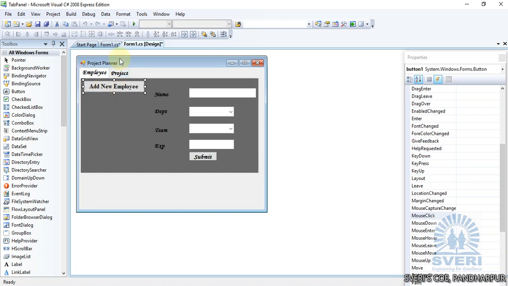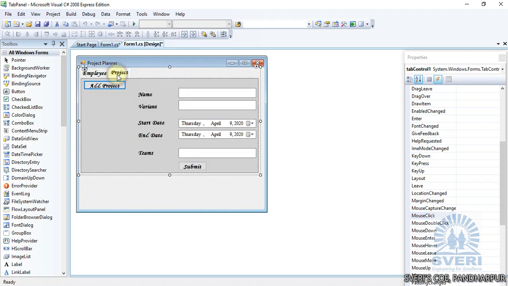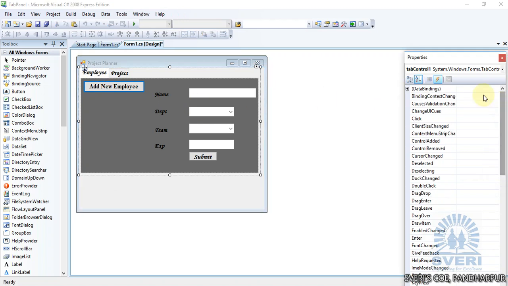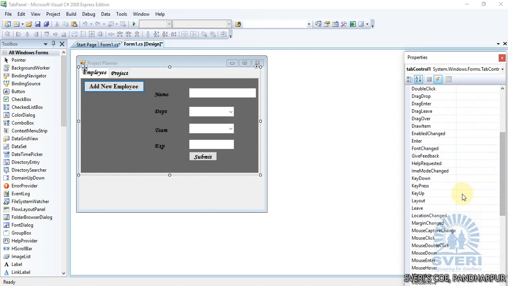It will show the add new, and whenever you click on a project, it must display only the add project. So we have to set the code for this tab. So just go to the data bindings and events. In events, search for the property with the name of mouse click, select it, select your tab and double click